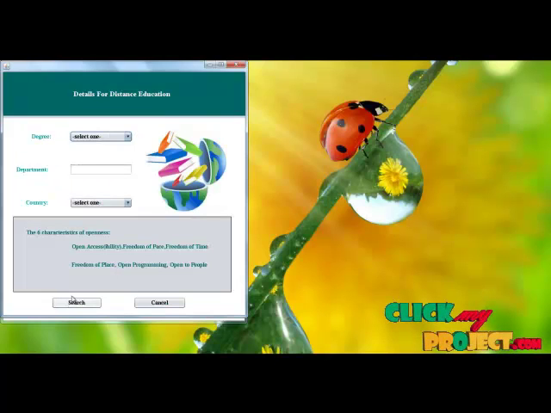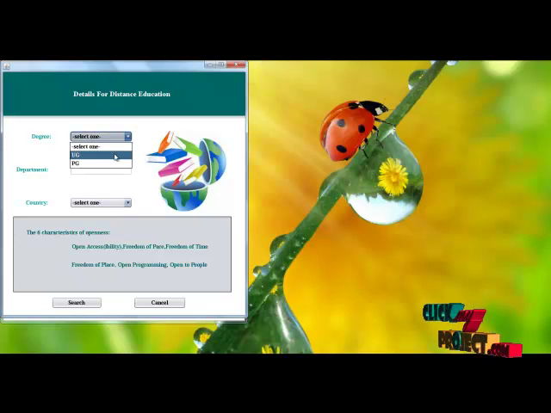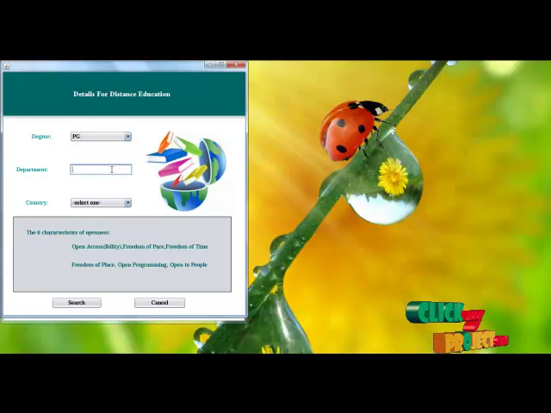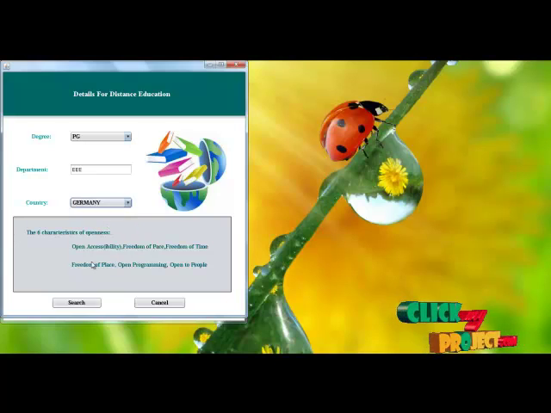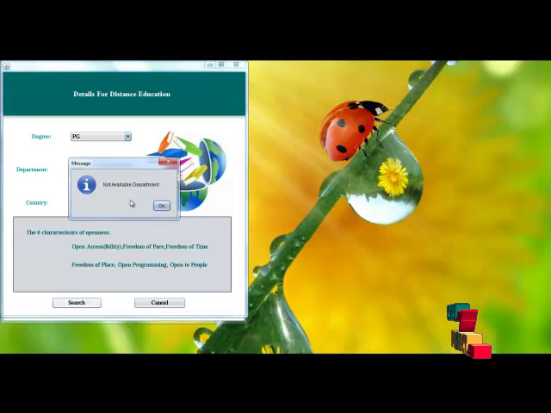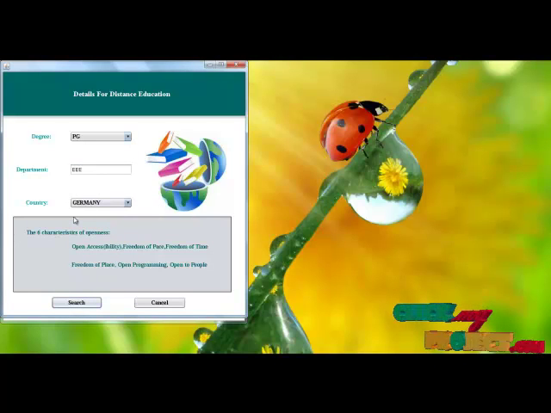Then submit. Select the degree we are going to do. Then enter the department and select the country for distance education. Country not available, department not available, so we enter some other.